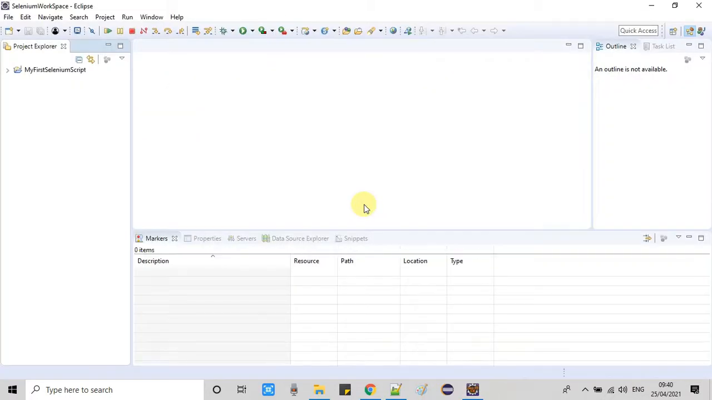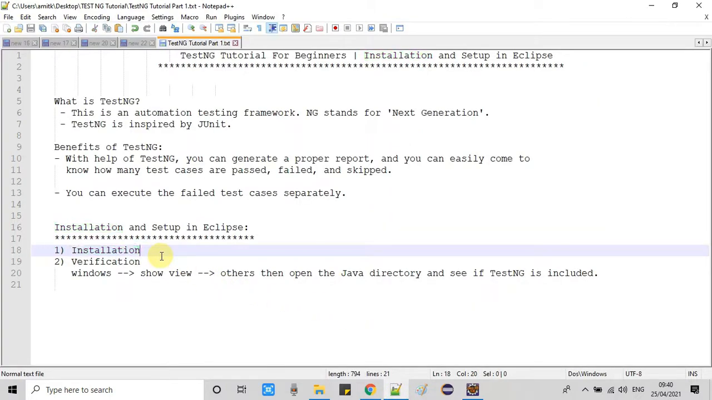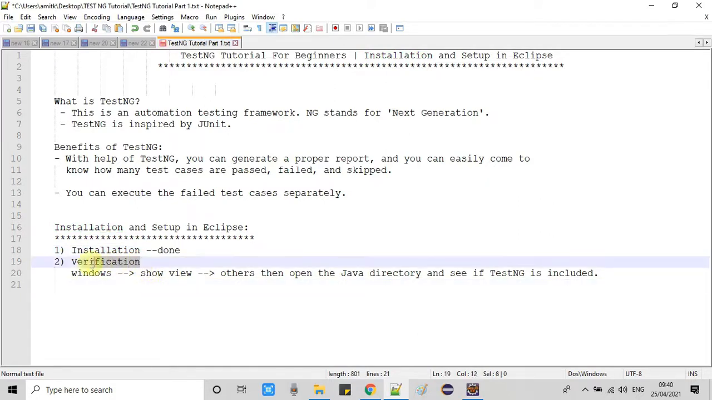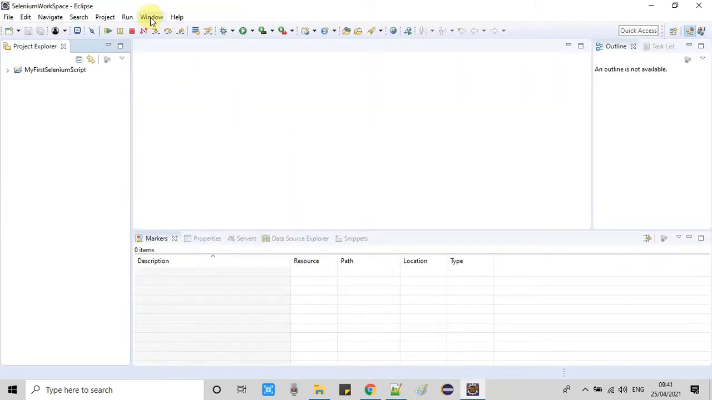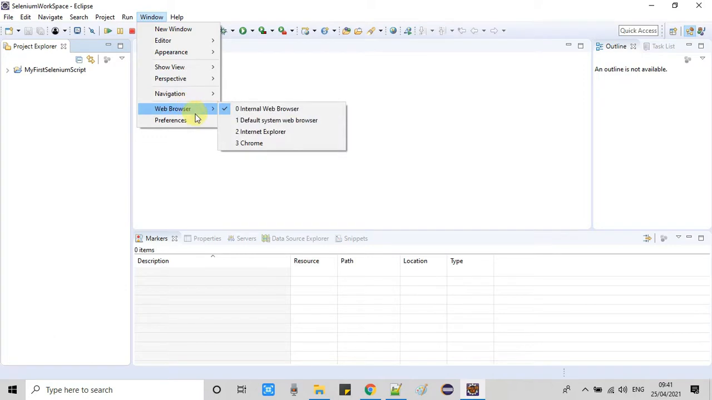And very soon your Eclipse will be loaded. Now it's time for the verification. We have installed TestNG, but we want to make sure everything went well or not. So guys, we will do the second step. This is verification. For that we have to visit the menu item Window, and then we have to go here, the fourth option, Show View,